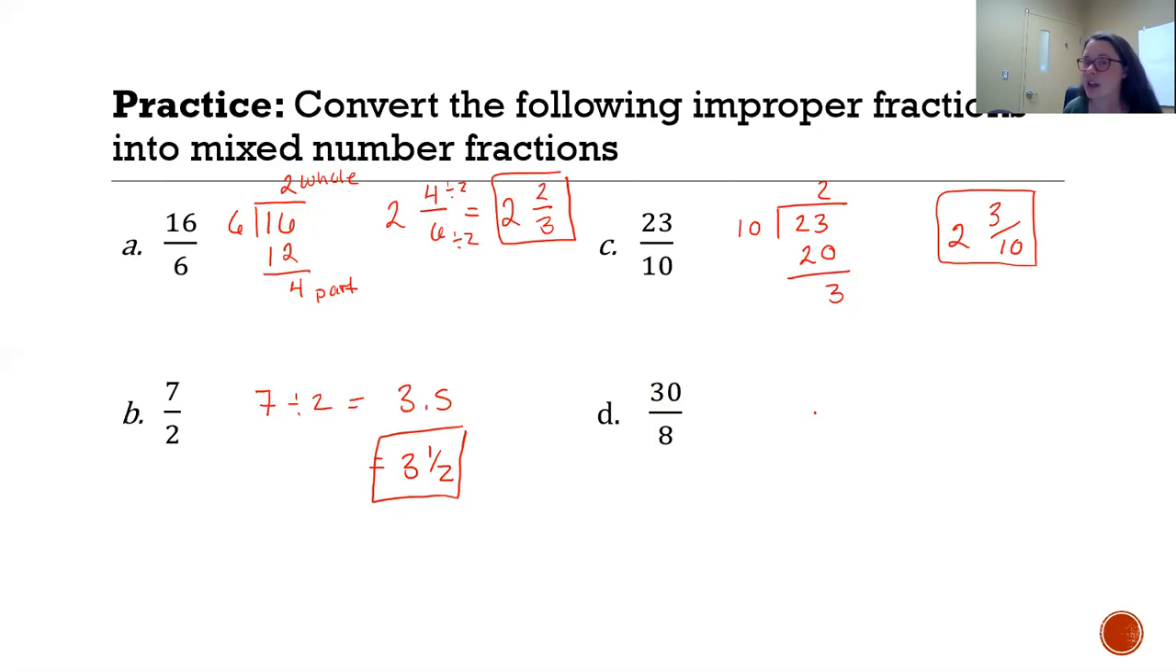And then when we get to 30/8, so 30 divided by 8. How many times does 8 go into 30? Well, 8 times 2 is 16. 8 times 3 is 24. 8 times 4 is 32. So we're going to have to go with 3. 8 times 3 is 24. And then we'll subtract them. 30 minus 24 leaves me with 6. So we have 3. There's my whole. There's my part. So 3 and 6 over 8, which is the same as 3 and